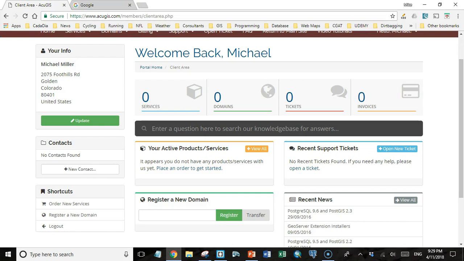And so what I'm going to do next is log into the AcuGIS cPanel portal. We'll create a new database. We'll install PostGIS on that database, and then we'll load up the data that we've been working on in this class. And we already created that SQL export file in the last lecture, so we'll just use that same file and load it up. And then we'll see how we can access that data from pgAdmin 4 and also from